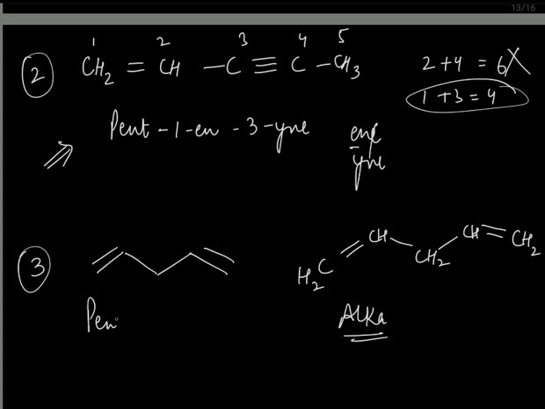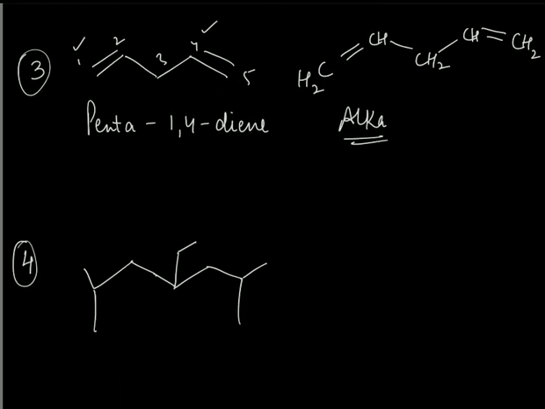So this will become penta. Then 1, 2, 3, 4, and 5. You can start the numbering from anywhere, from left hand side or right hand side, it's up to you. So one position and then fourth position is there. Penta-1,4-diene. Can you see in the primary suffix, you have a prefix, and these prefixes are not going to be used in the alphabetical order. So diene stands for there are two double bonds at 1 and 4 position. And penta, that's again a rule if you have two double bonds.